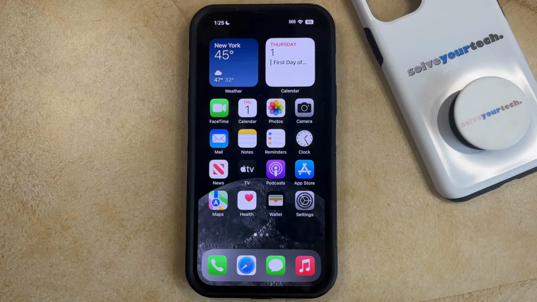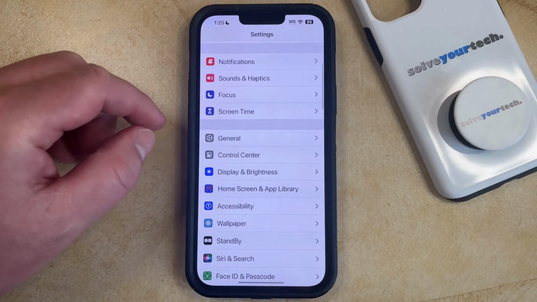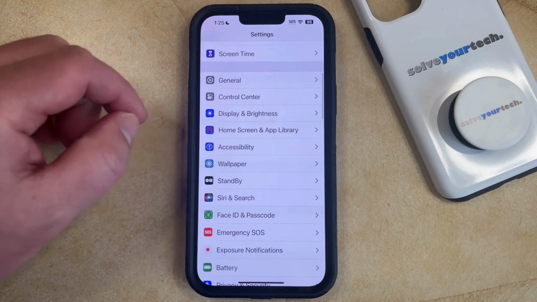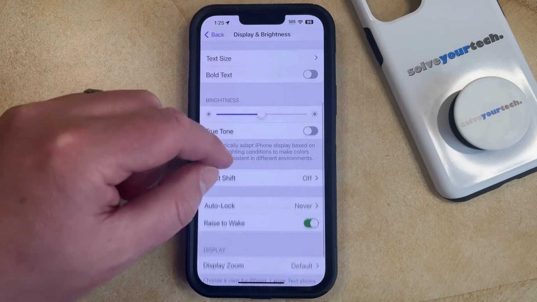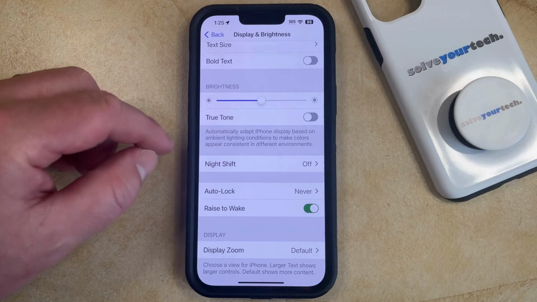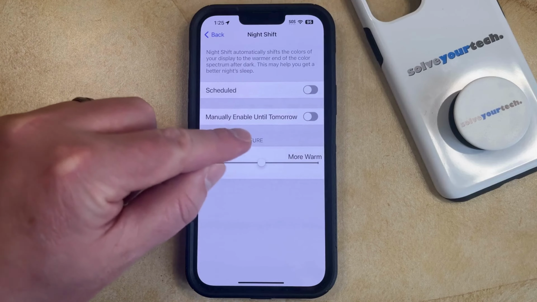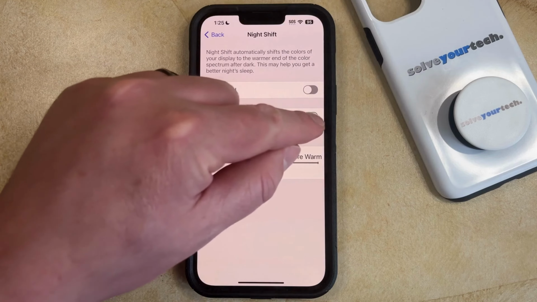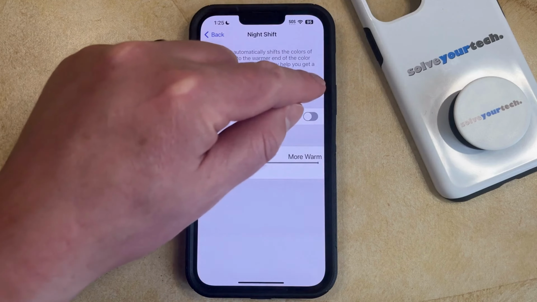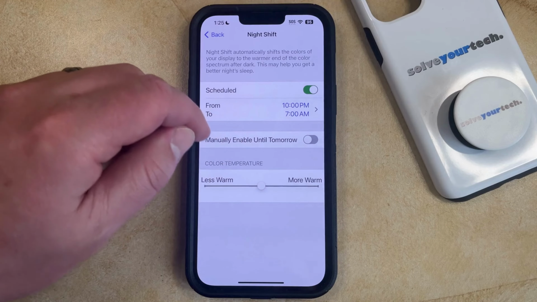The first option is through the settings menu, which you can open by tapping the settings icon, and then you can scroll down to the display and brightness option, and then you can scroll down again and choose night shift from this menu. Now you can either choose to manually enable night shift by tapping this button here, or if you would like to set up a scheduled night shift, then you can tap the button to the right of scheduled, and then you can choose the period of time for which you would like your phone to be in